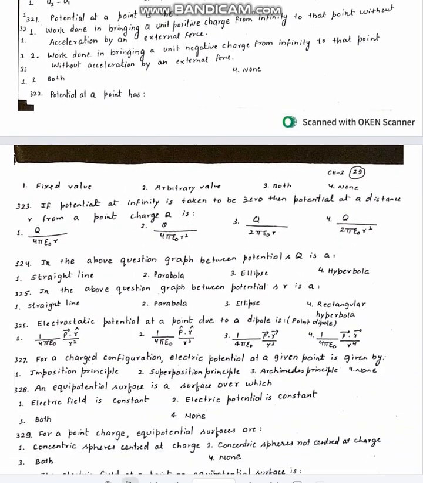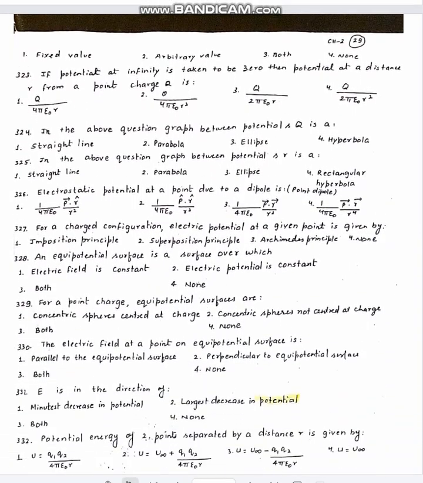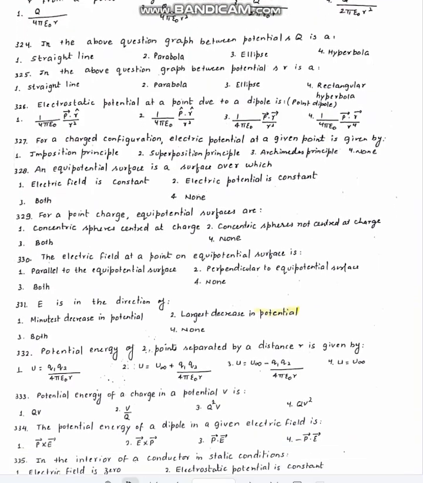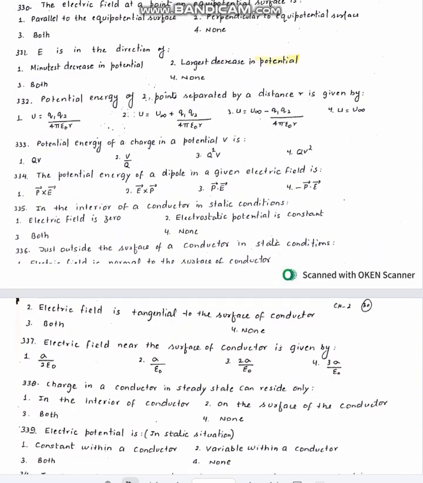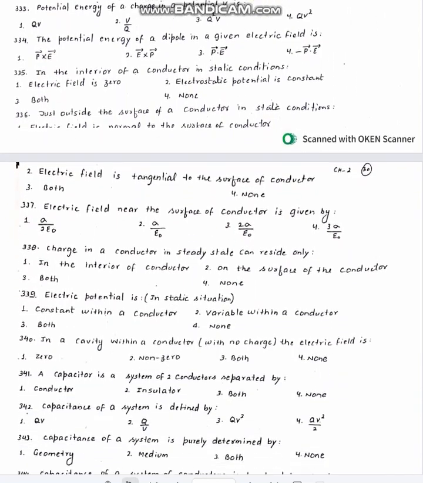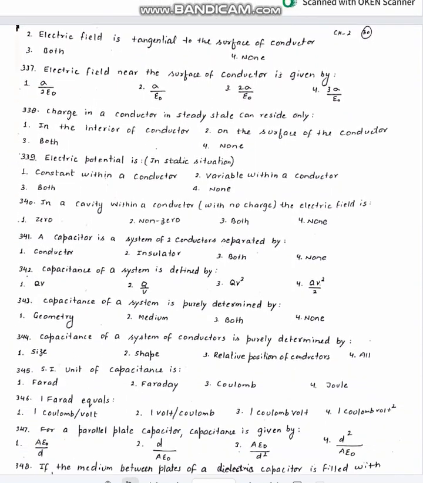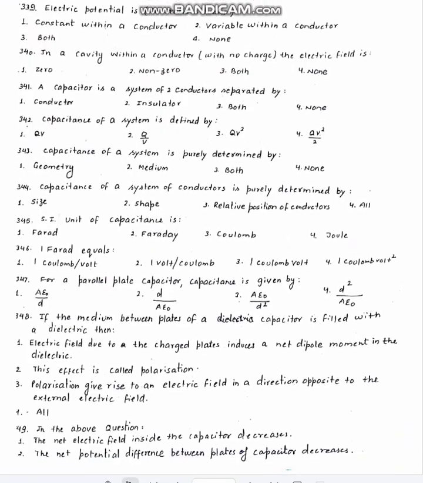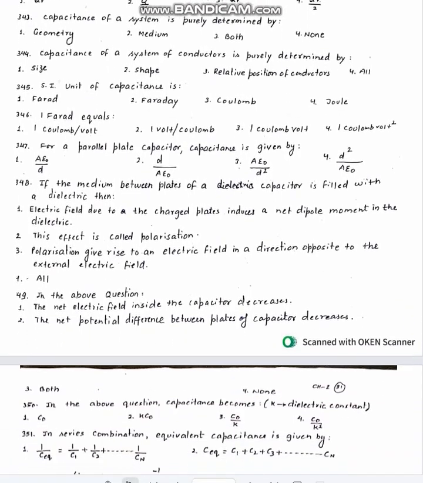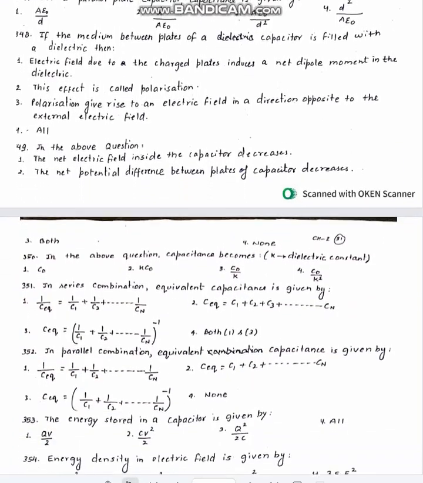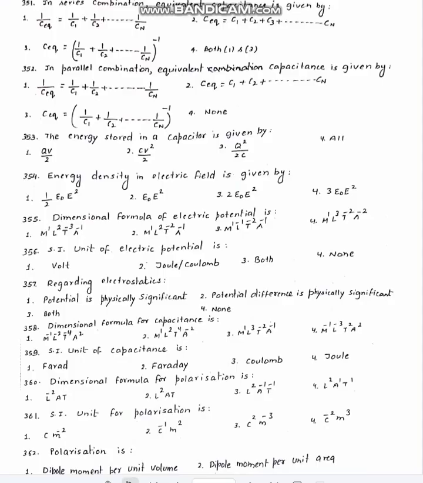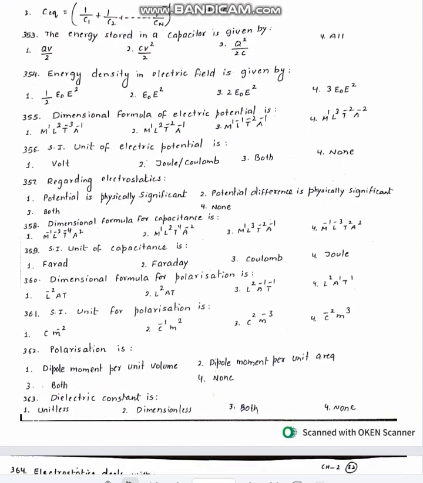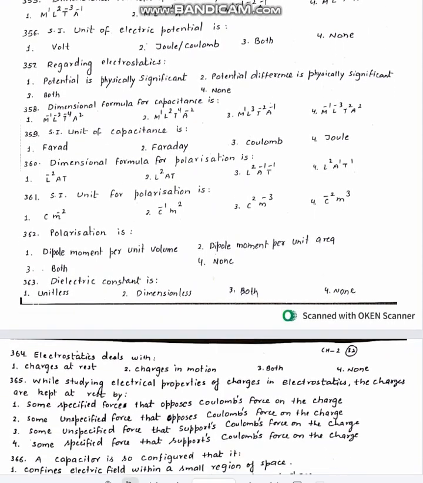at a point, potential due to a point charge. Then we have due to dipole, then equipotential surfaces, potential energy of points separated by a distance, then electric field in tangential direction, then we have capacitance of a system, SI unit, CGS unit, then its interpretation, its variation in series and parallel combination, energy stored in different cases, dimensions of electric potential, SI unit, polarization SI unit, then we